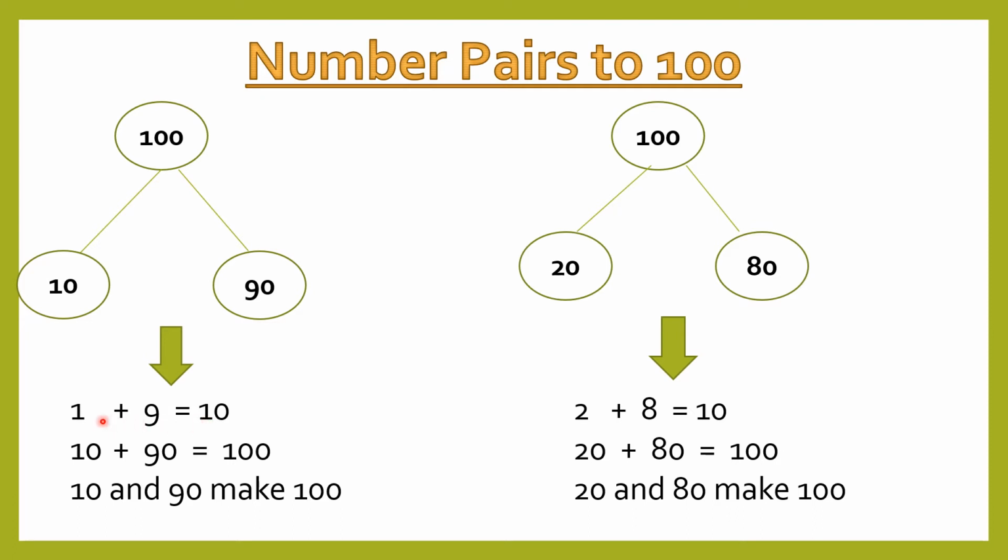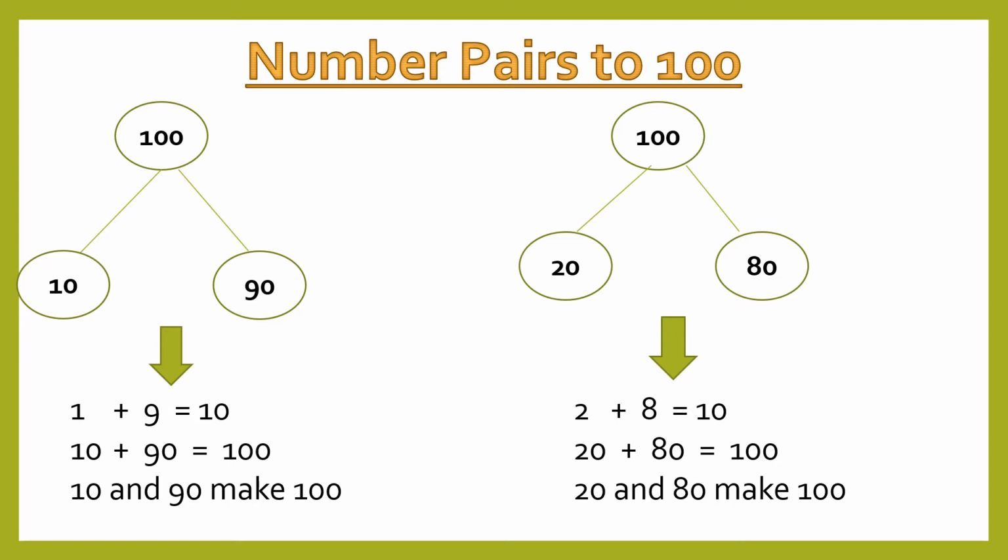1 plus 9 is 10, so this means that 10 plus 90 would be 100. I just added 0 to 1, and then I added 0 to 9, and then I added 0 to 10, which makes 100. So 10 plus 90 is 100. Now you know that 2 plus 8 is 10, right? So 20 plus 80 would be 100. As can be seen here, 2 plus 8 is 10, so 20 plus 80 would be 100. So it's very simple. In order to find the number pairs which make up 100, you can always learn the number pairs which make up 10, and then you can simply add the zeros to them and you'll get the pair of 100. It's very easy.